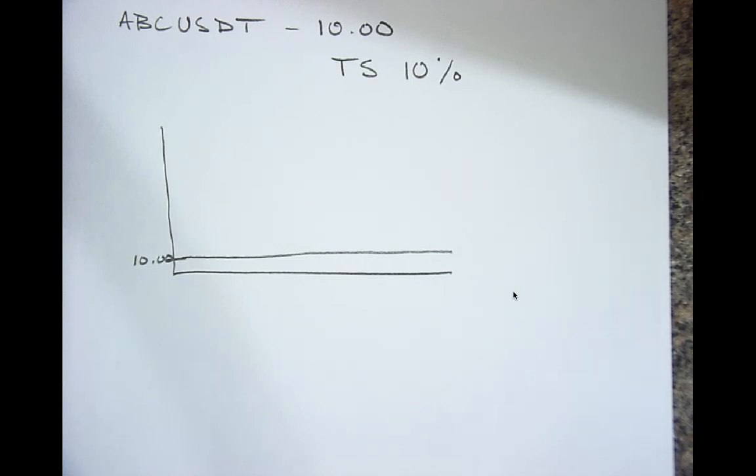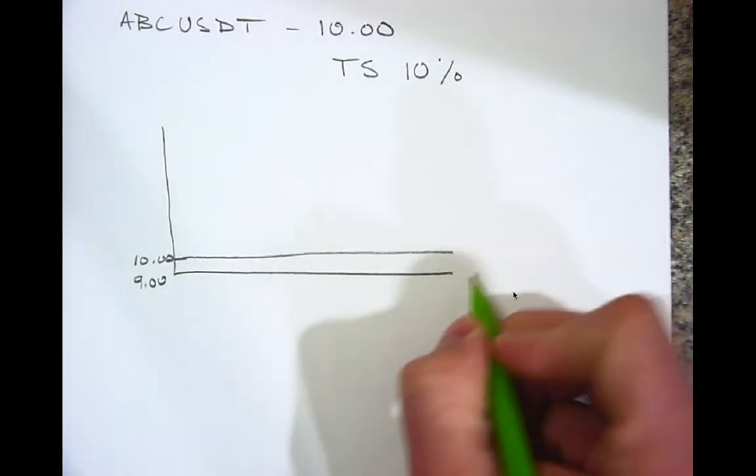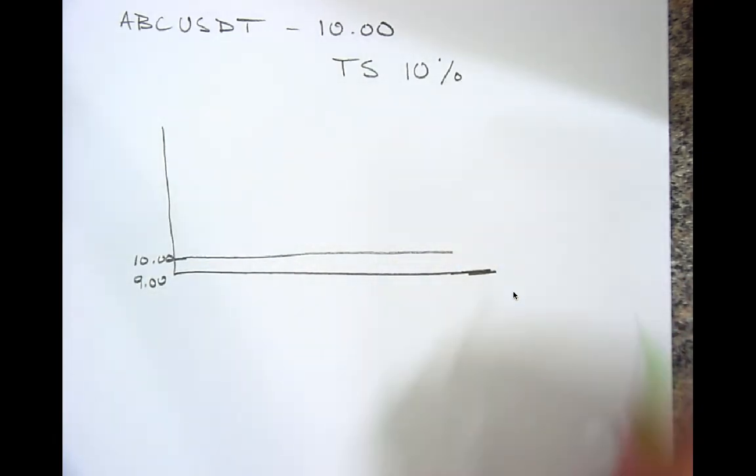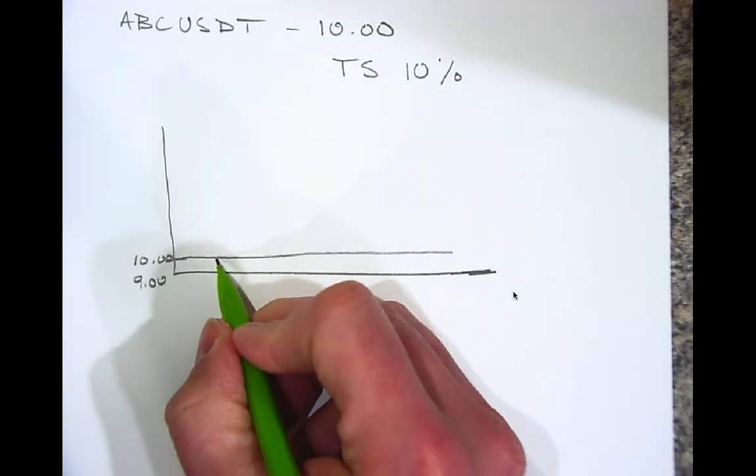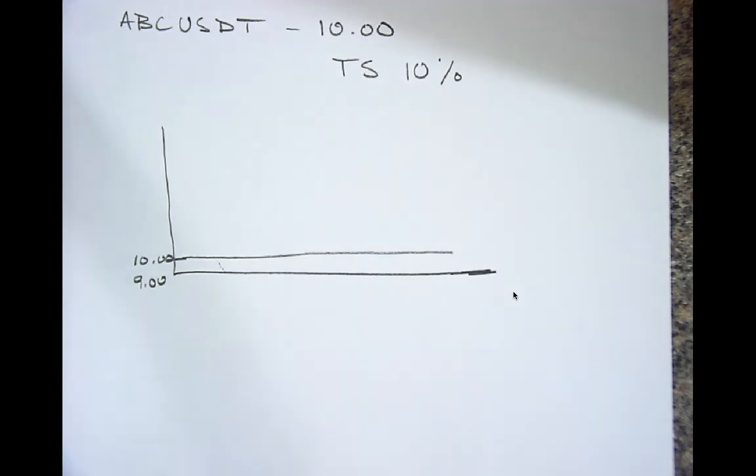So what you guys are going to look at is, where is that at? So at $9, there is going to be a market sell order, okay, at $9. So if that token drops 10% and hits $9, it will sell, okay, which is kind of like a normal stop loss. However,